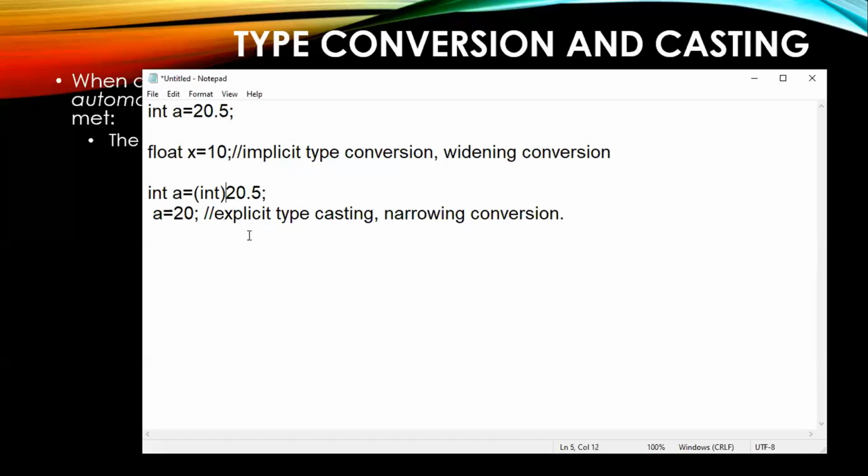If you are not writing this particular int here, if you try to run the program, it will kick you, saying that you have 20.5 which is a floating point. Why are you putting that into an integer? The system will kick you. Now what I'm saying is, I know that is a bigger value, but my intention is to put that bigger value into an integer only. Now the system will say, okay, you know the problem, right? So no problem for me also. I can easily put that bigger value into a smaller value, leaving out whatever is not possible to put.